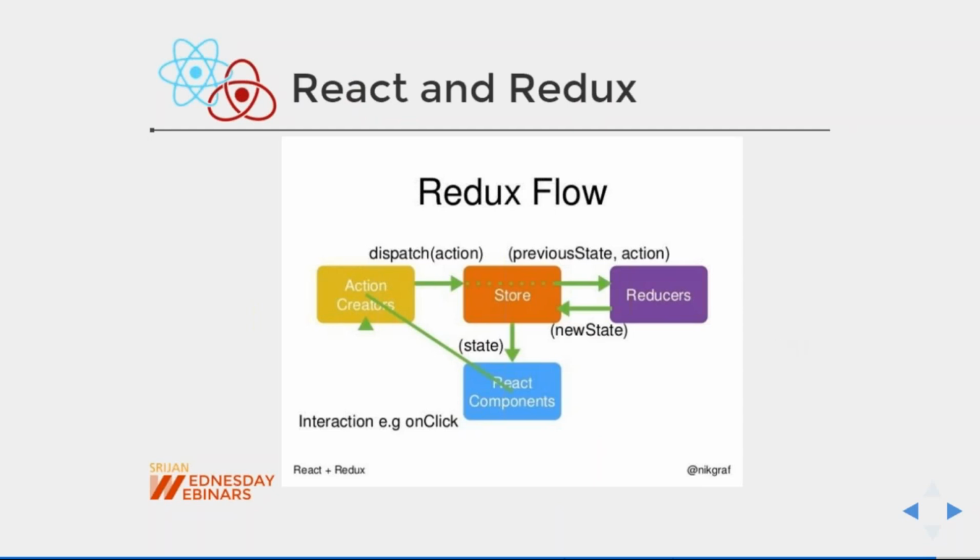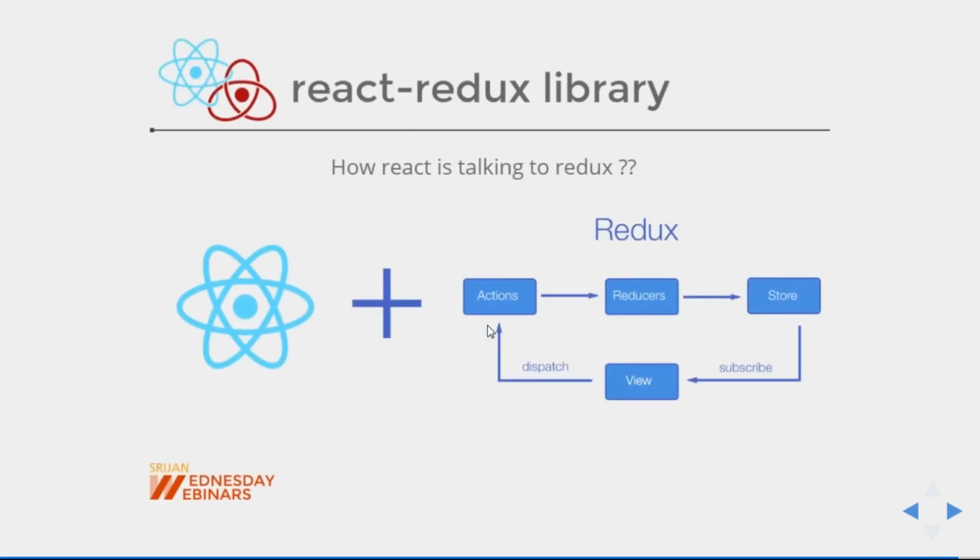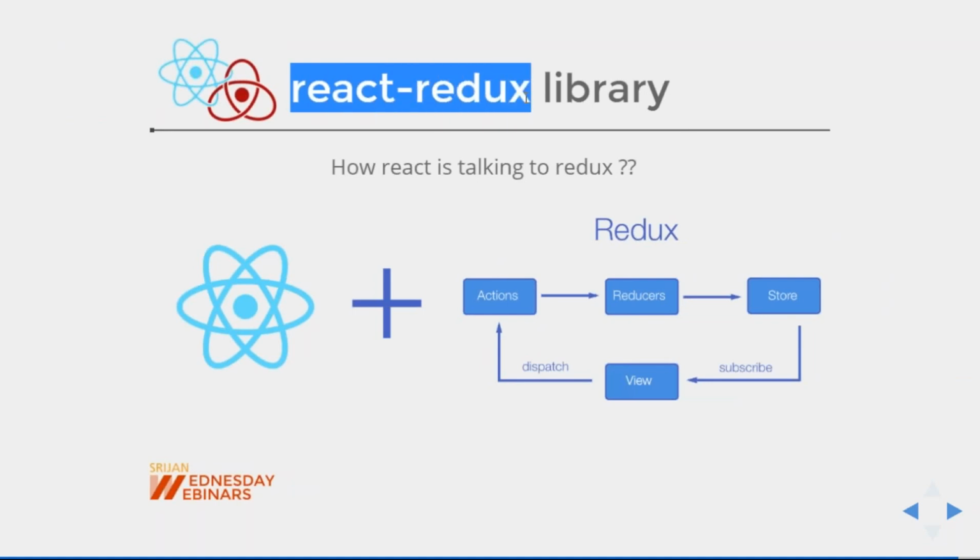So you can see in this diagram, this is the React component. From this we will be dispatching some actions. It will go to the reducers. Reducers are pure functions which will return the new state object, because here we are not doing mutations. Here we are just returning the new state object every time. You will get that in the store object, and we are already talking to the store, and the store will give the new state object to the React layer. Now quickly let's go to the code and we will try to see how this React Redux library is actually helping us to get the state object from the Redux layer and fire an action to the Redux layer.